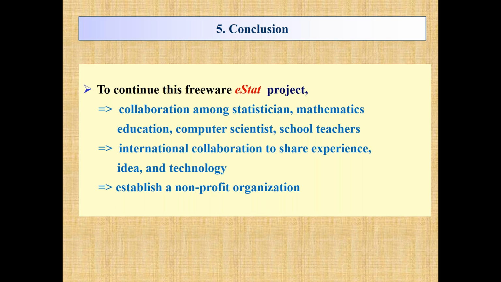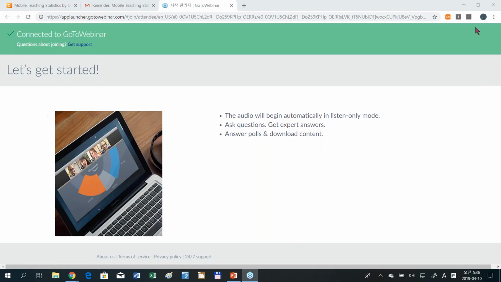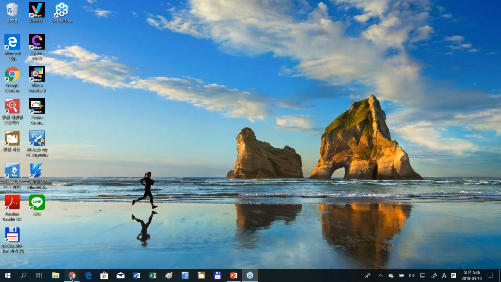Another question was, do you know if eStat is being used by teachers in the Philippines? Yes, some of them are using that already. Well, I love how multicultural this is and also how deep you can go with some of it. I was just playing around with it a little bit while you were demonstrating, and there's just so many interesting things that you have there.